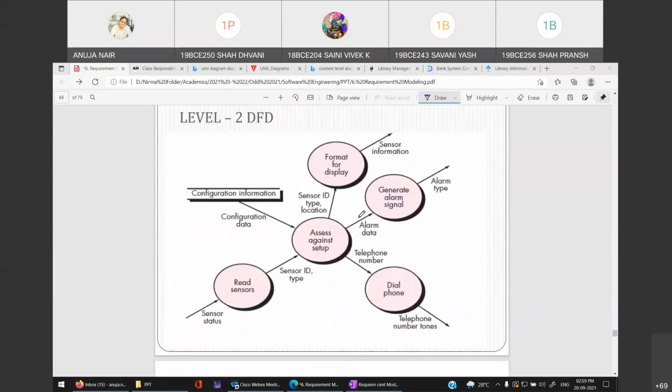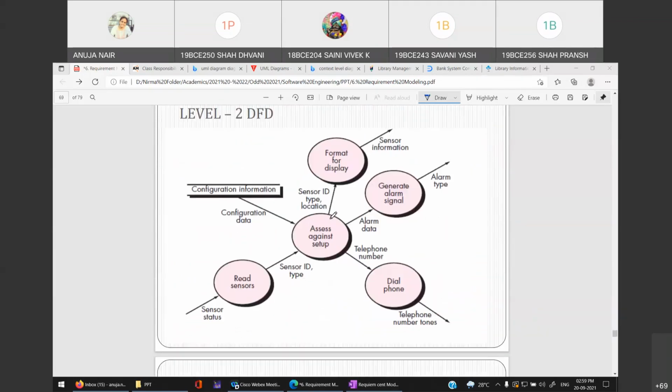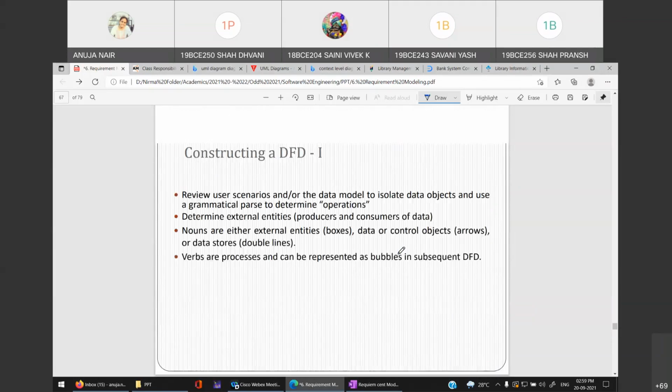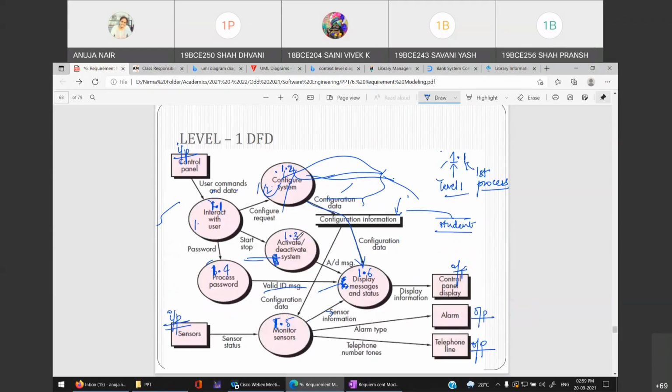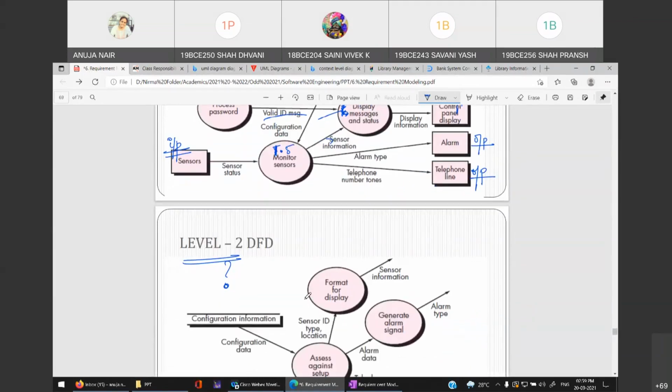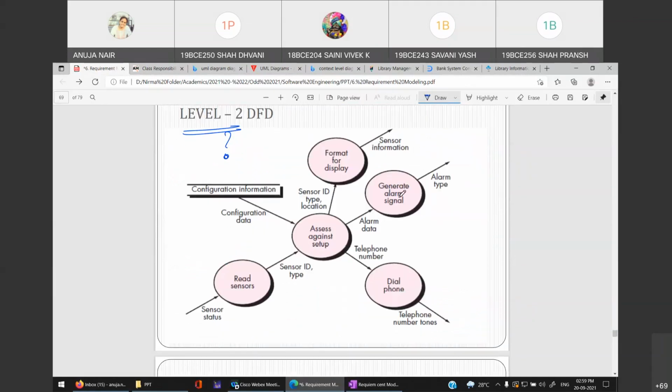Okay. Now, when you come over here, this is level 2. Can you tell me that this level 2 is made for which process? What does level 2 mean? Just as in level 1 you showed the different processes of the safe home software, in level 2 you will show the further executions of a single process. Can you tell me this level 2 is made for which process?